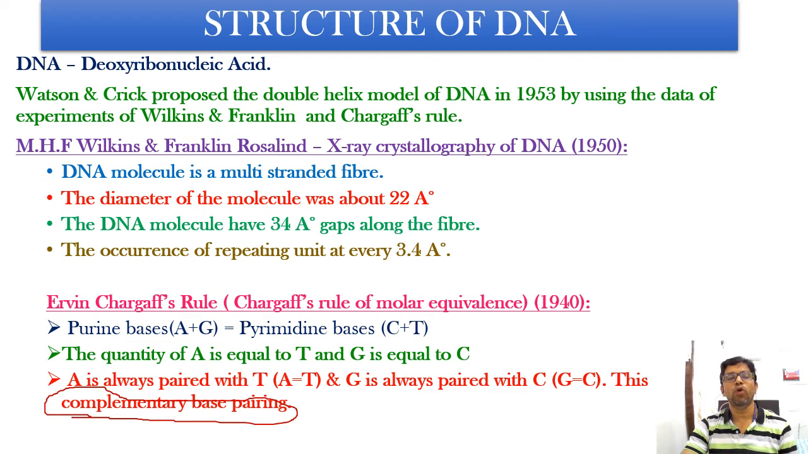And these points are very important to understand the structure of DNA. The points which were proposed by Erwin Chargaff by chemical analysis of DNA, and also the points which were proposed by Wilkins and Franklin by X-ray crystallography of DNA. With the help of these findings, Watson and Crick proposed the double helix model of DNA in the year 1953,